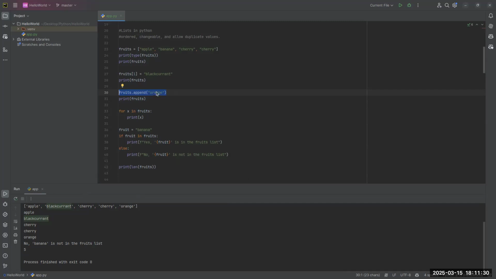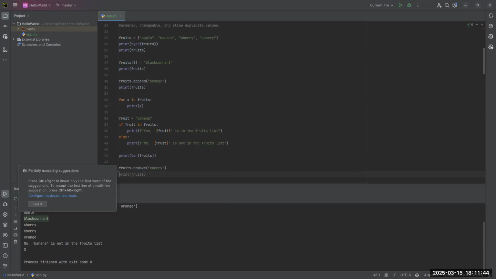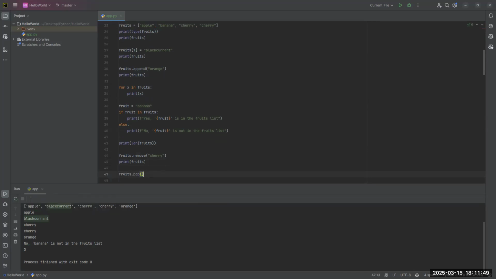Then I can also remove from the list using, let me see, fruits dot remove cherry. I can remove like that. I can also say fruits, let me print fruits, and I can say fruits dot pop and print fruits. Then I can now get